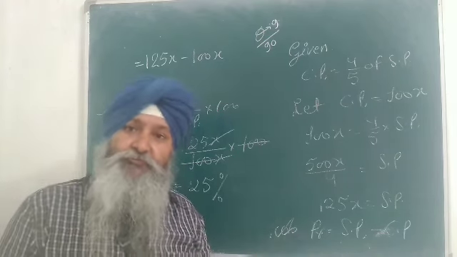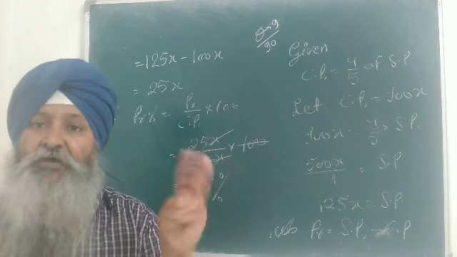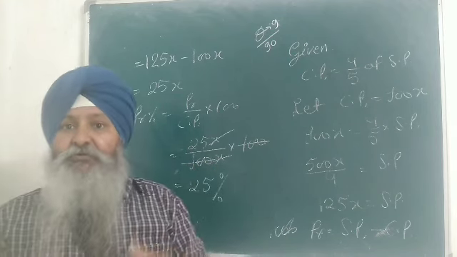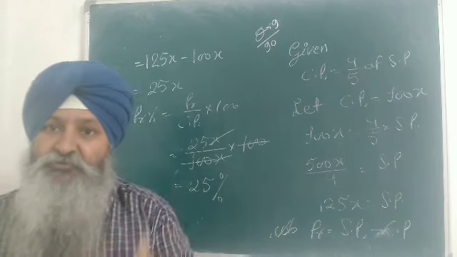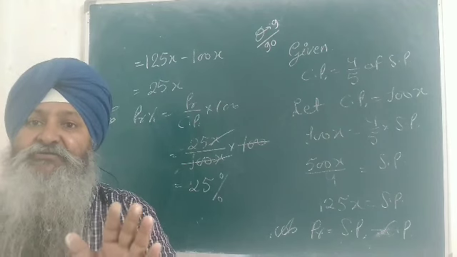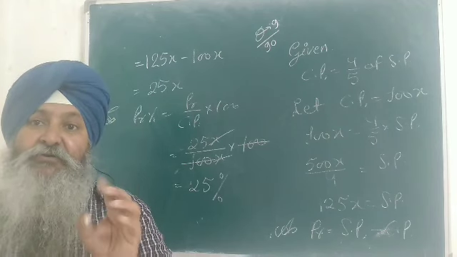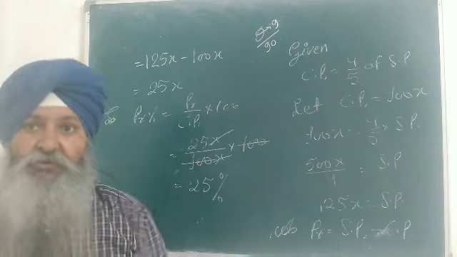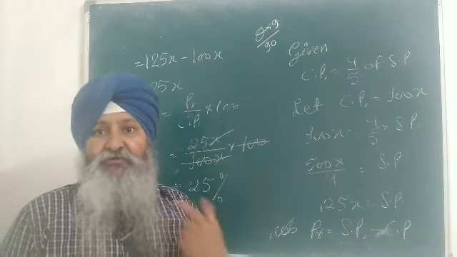I can assume cost price or I can assume selling price, because both are missing and one has to be taken. It is not necessary, as I think you also think. Whatever you think, you can assume according to that. All methods are right. The only thing is that whatever method you select, please use it right. Okay, now let us take the next question.